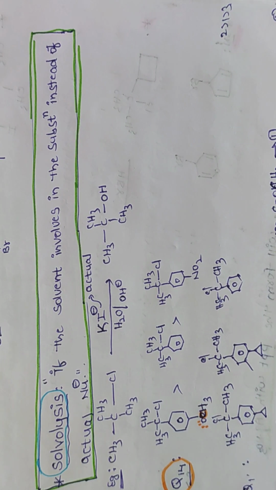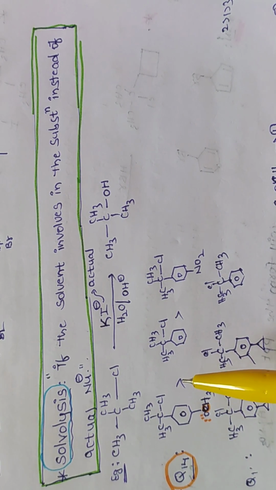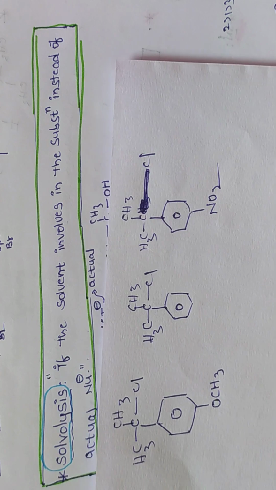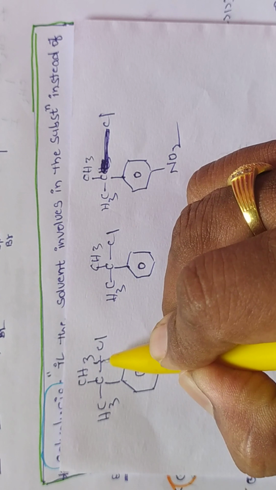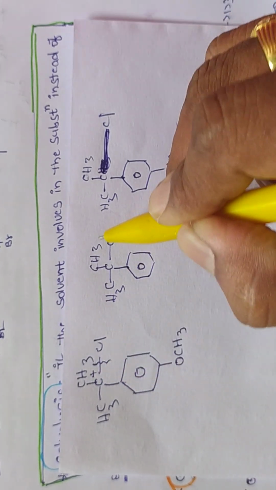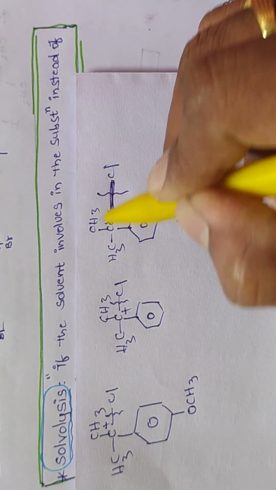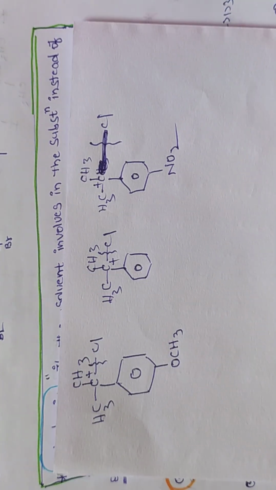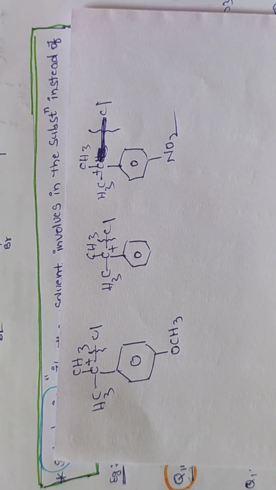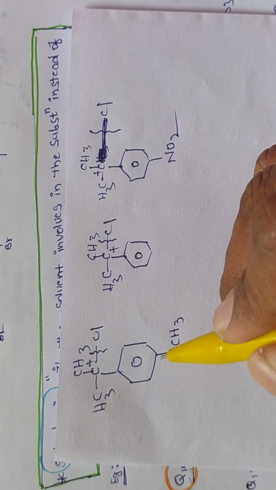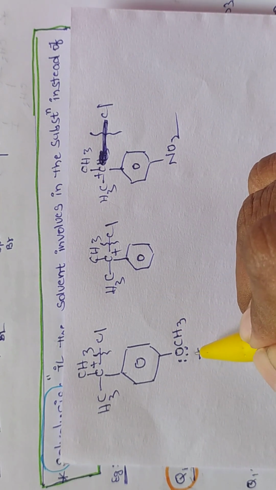Next, question number 14. Now here this compound is given. So now I have written this compound like this. Yes or no? Now SN1 reaction they are asking, which means you break the carbon halogen bond and arrange the carbocation. Now which carbocation is more stable? In all these cases a 3 degree benzyl carbocation is there. Now what group is connected here? An electron donating group is connected. Plus M effect is operating.